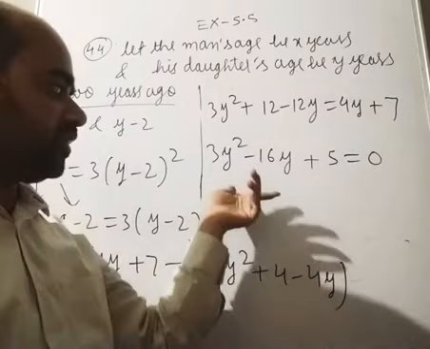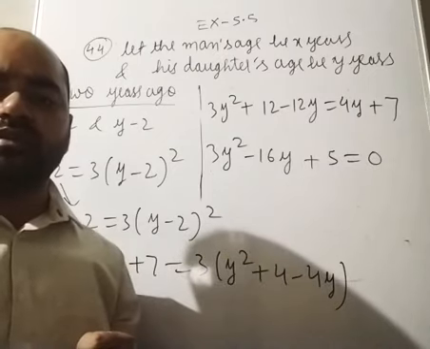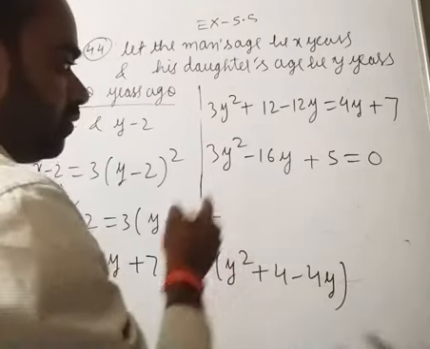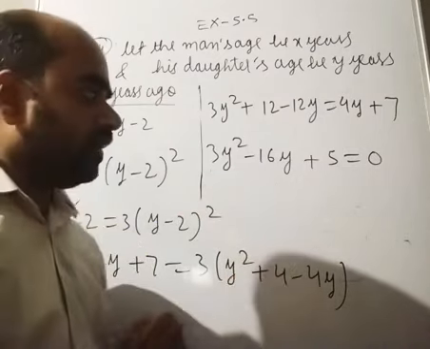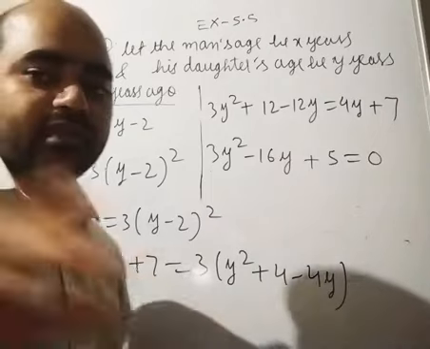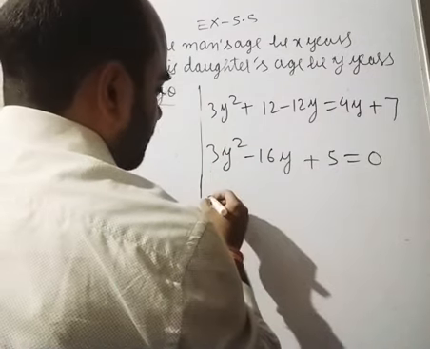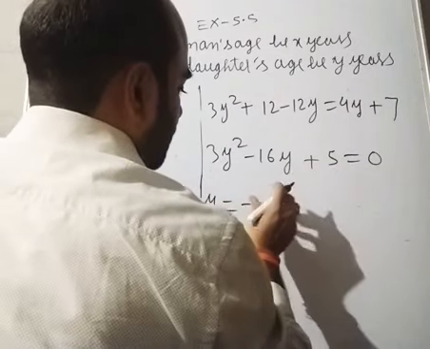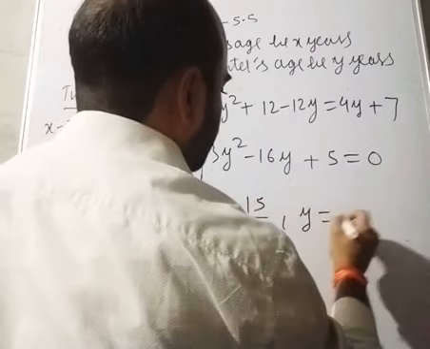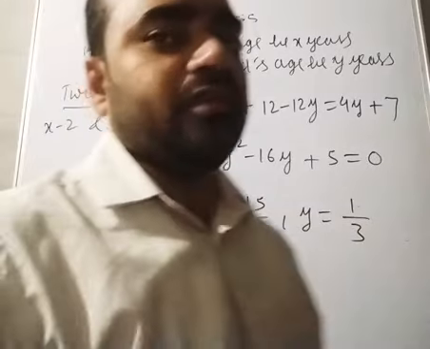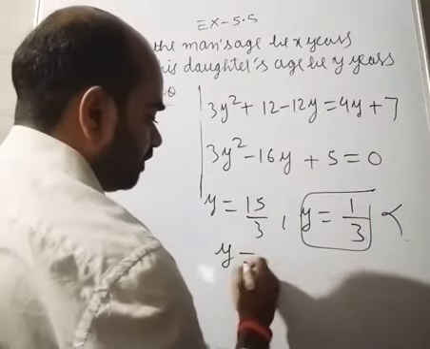Now you can see 3y square minus 16y plus 5 is equal to 0. Correct? Now you can solve. Now this will become minus 15 and minus 1. Clear? It means directly you can find the value. One value will come, y is equal to 15 upon 3, and the other will come, y is equal to 1 upon 3. You will solve, this will come. Correct? We will not take this age. It means y is equal to 5.